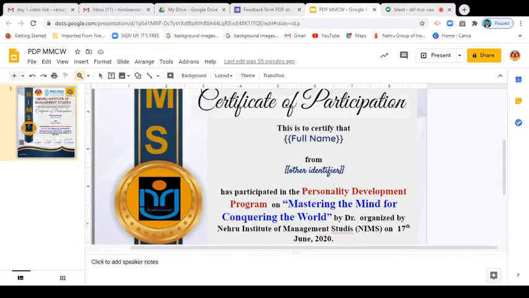In Certify-EM, it only permits these merge tags. I hope it is now visible. You can get these tags in a Google search or even in the Certify-EM column itself. The merge tags given are full name, title, other identifier, other identifier 2, other identifiers, date, date 2, percent, passing percent, and certificate ID.